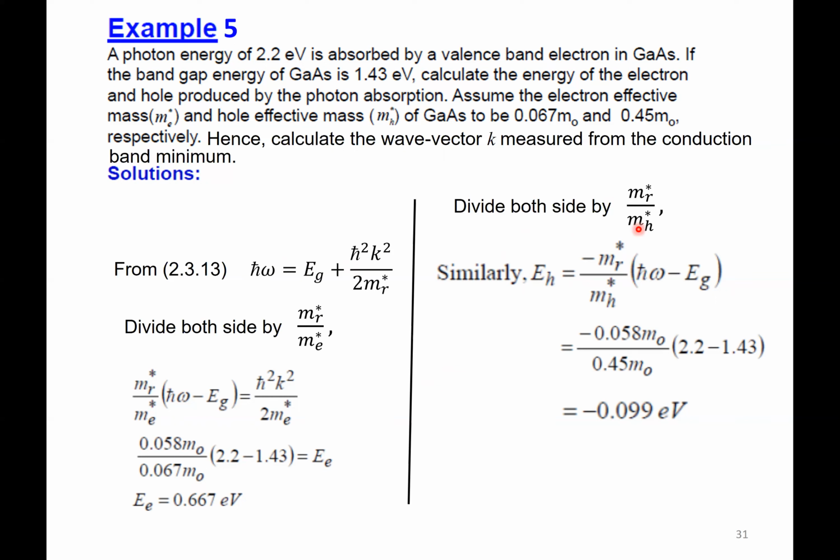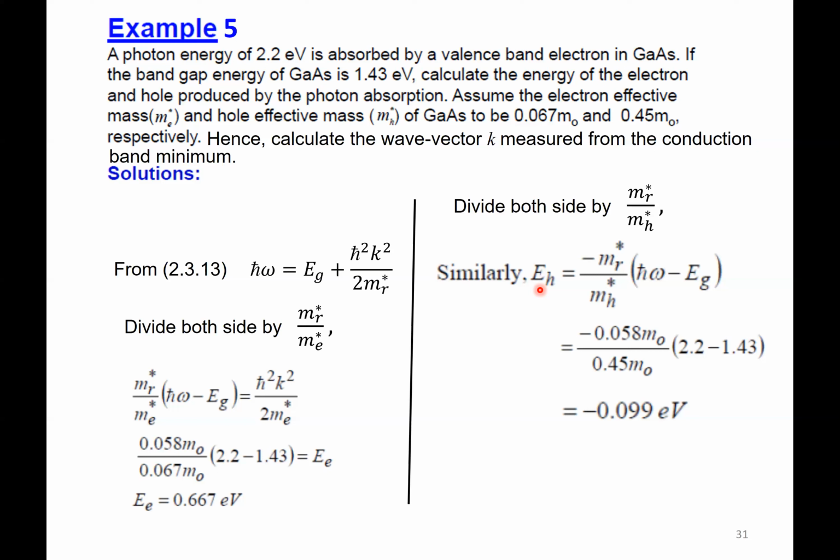You will get the hole energy to be of this value. So you can plug in the reduced mass and the hole effective mass, the photon energy, and the band gap. You'll get 0.099 eV. So in terms of magnitude, it's 0.099 eV. So without knowing the K value, you can find the kinetic energy of the electron and also the hole energy